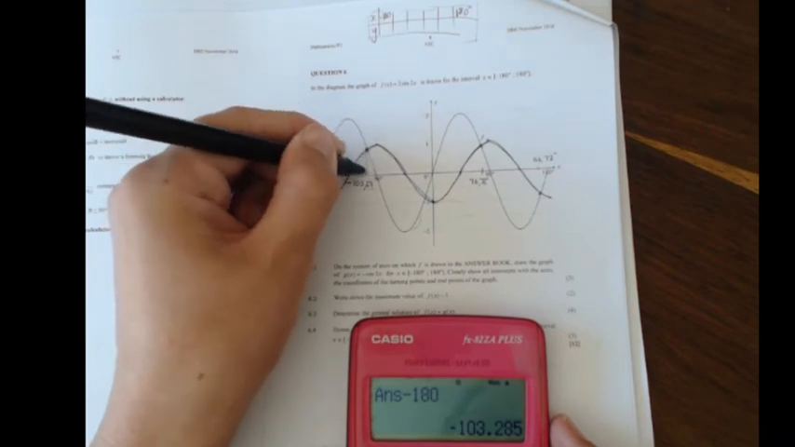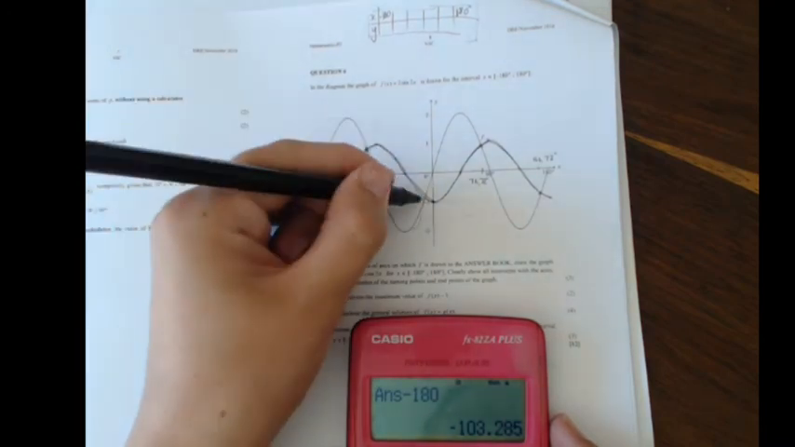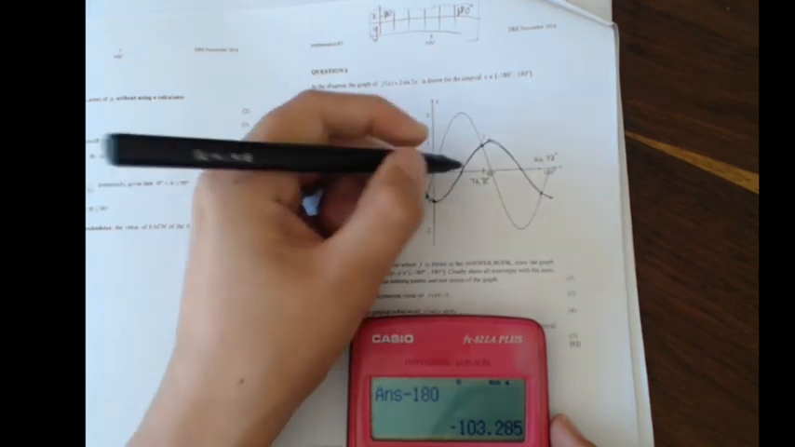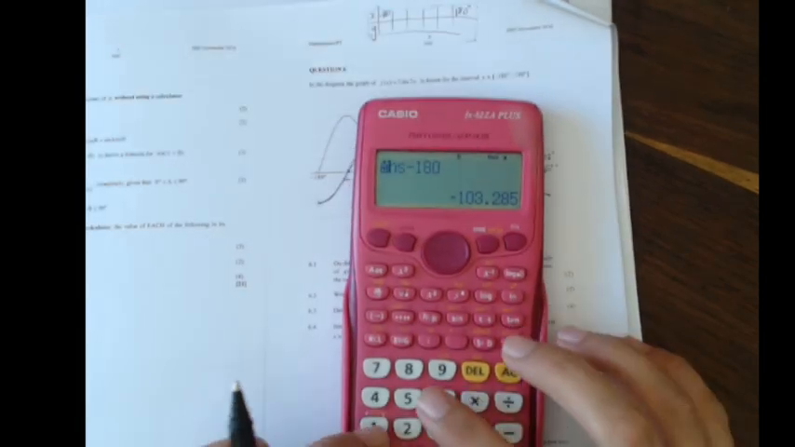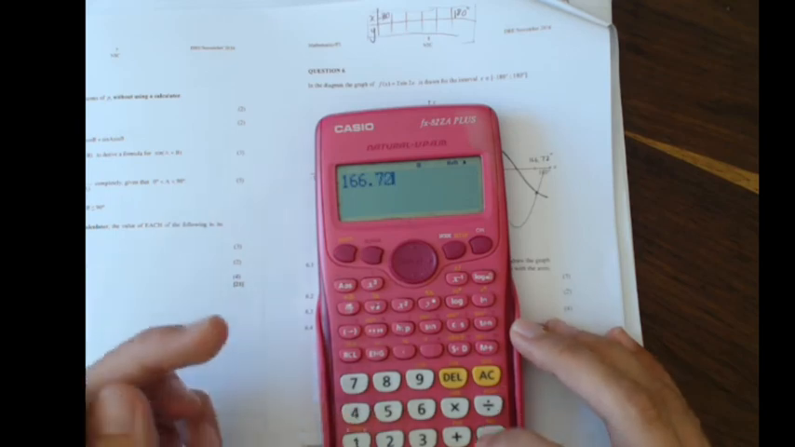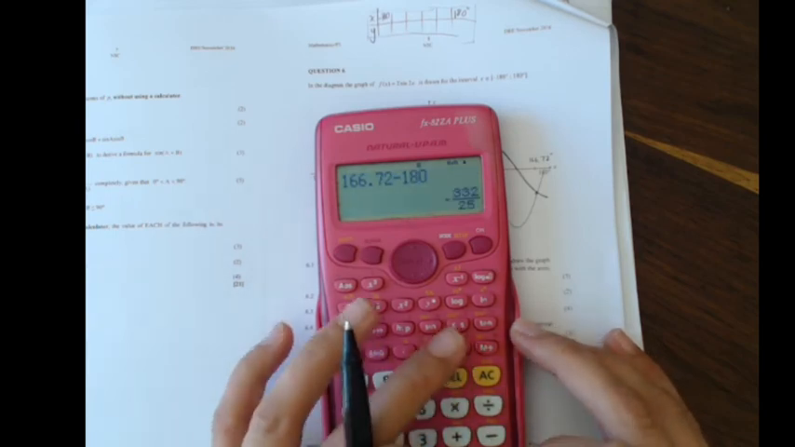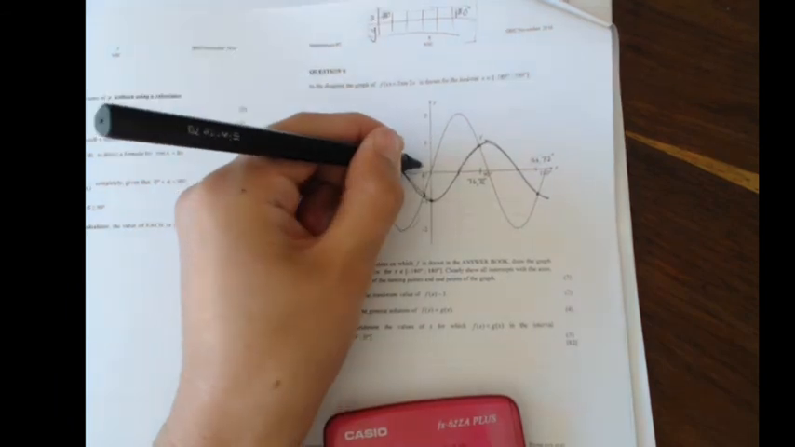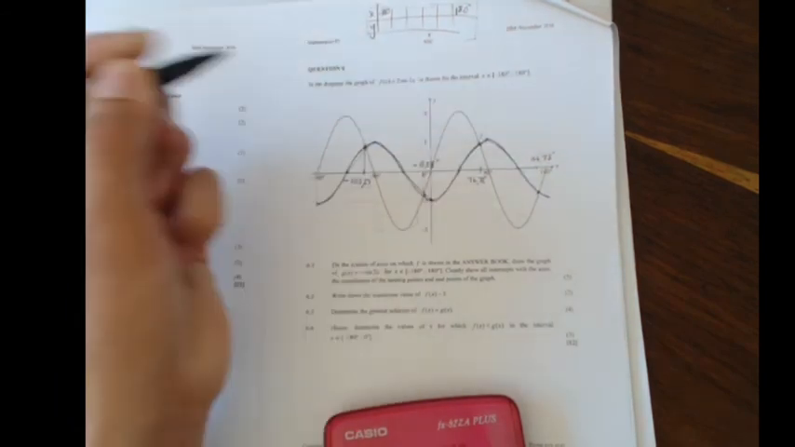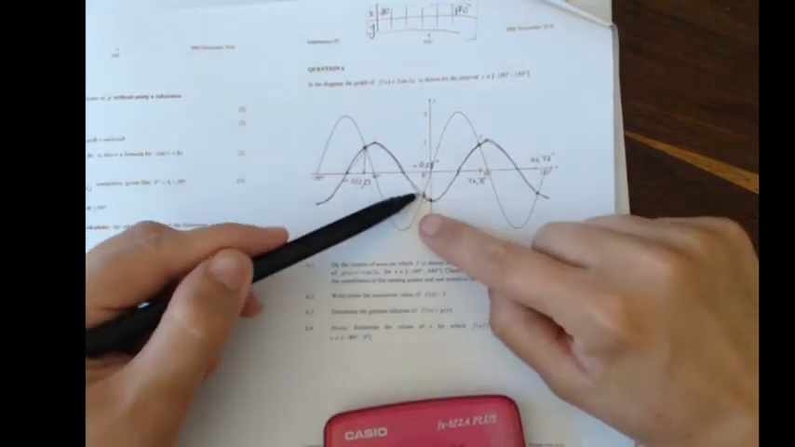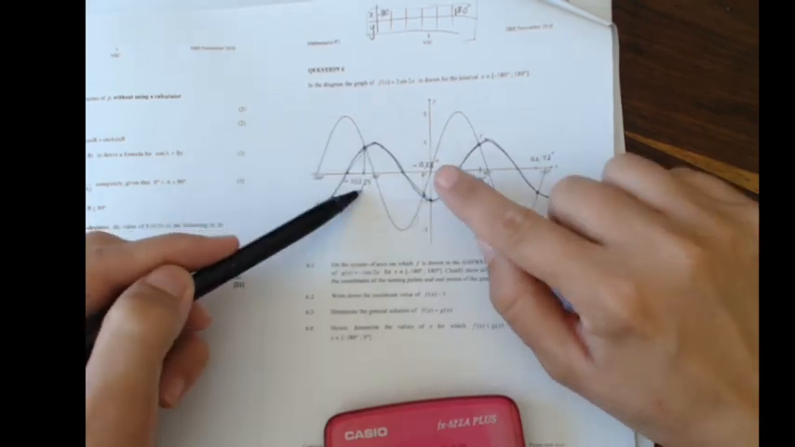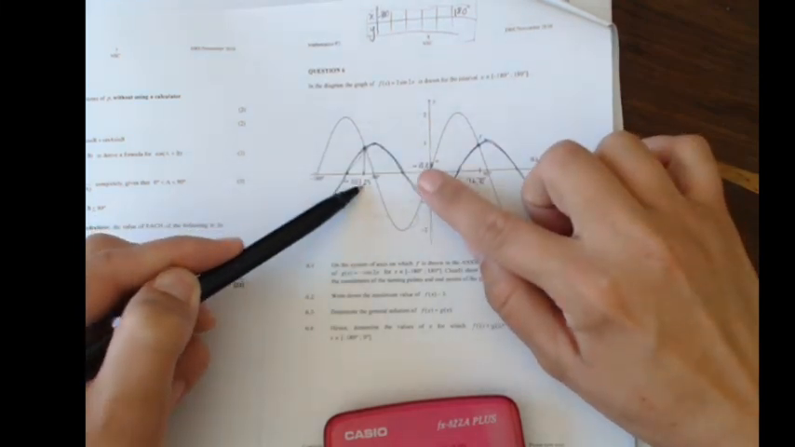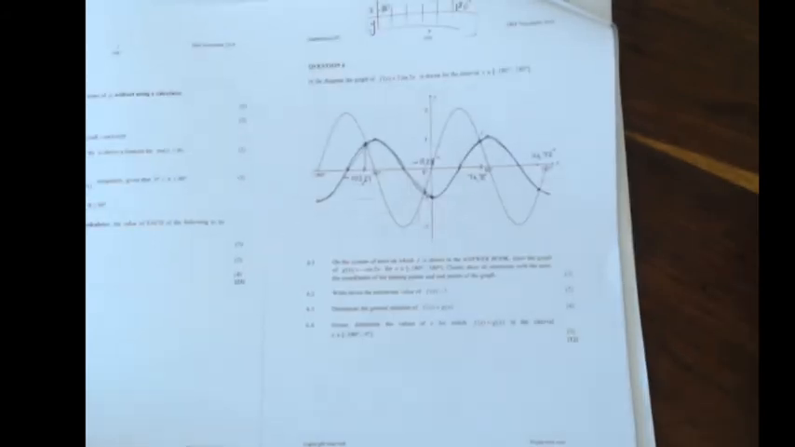that cutting point there is minus 103, and that cutting point I'm guessing I'm going to get by taking 166.72 subtract the 180 gives me minus 13.28. So where f is below g is from there to there, minus 103 to minus 13, and you can